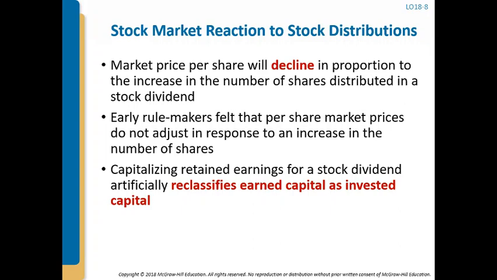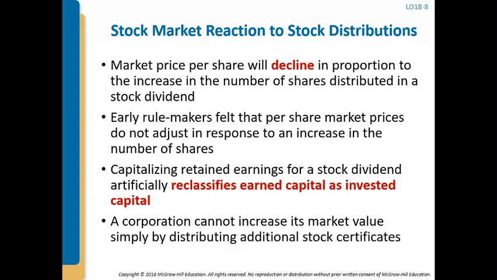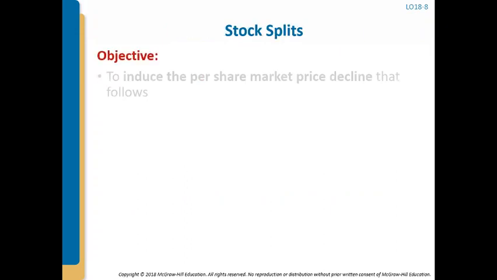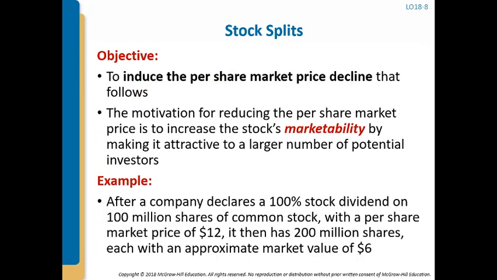And they talk about whether or not they really should do anything. Sometimes you can get what's called a stock split, and so this induces a per share market decline. And so companies do this